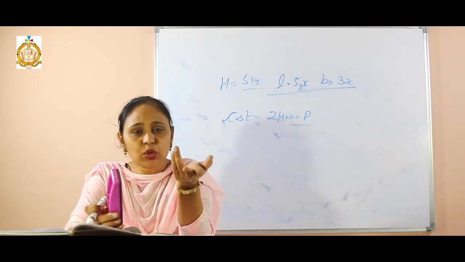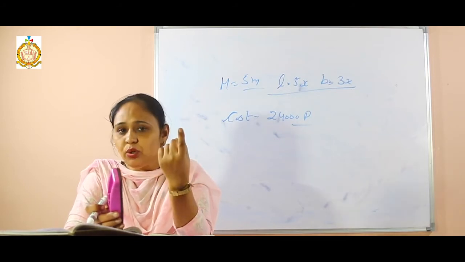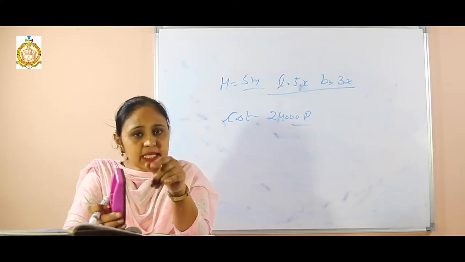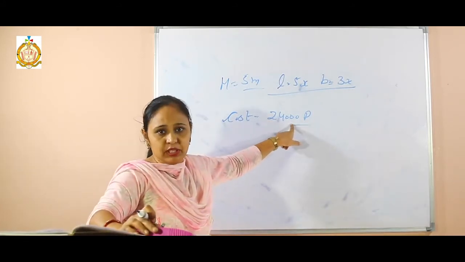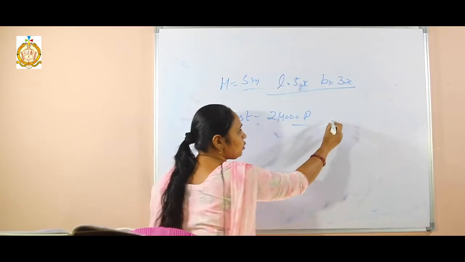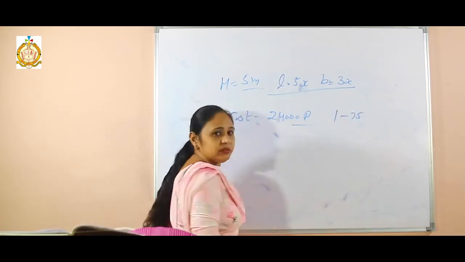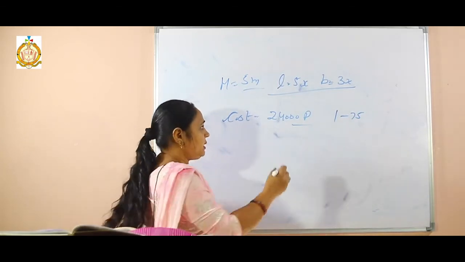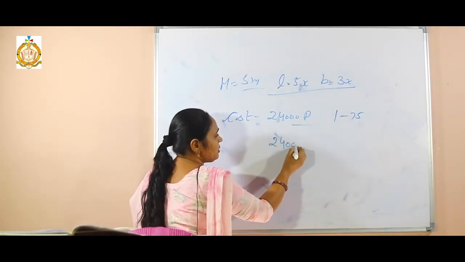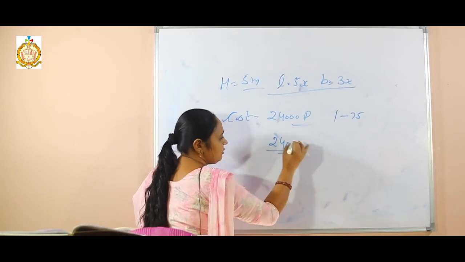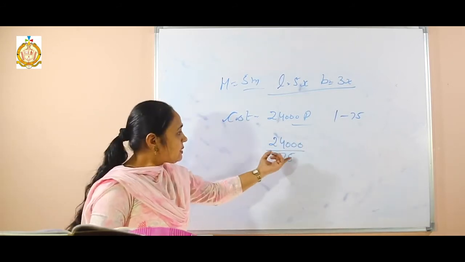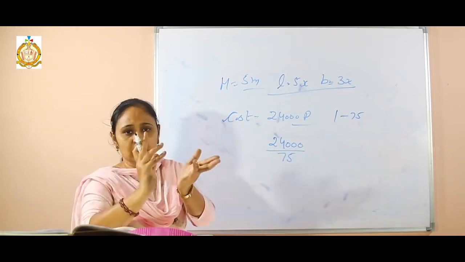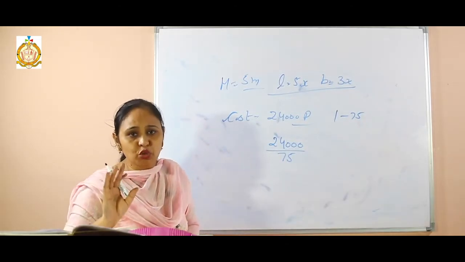But if the total cost is given as 10 rupees and the one cost is 2 rupees, then how many candies? We have to divide. In the same way, the total cost is given here. And the one cost that is given is 75. That means I will divide it along with it. That means 24,000 divided by 75. This becomes the area where we have to paint, because the cost of paint is given.